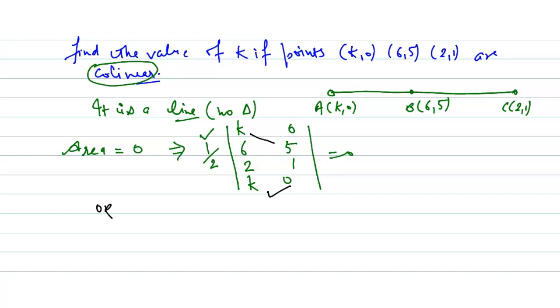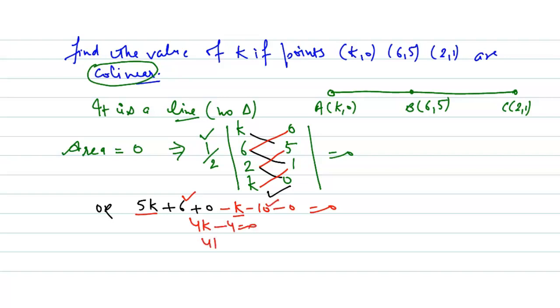Firstly, the downside pair. Their product becomes 5K plus 6 plus 0, minus the upside pair. If you see here, the upside pair becomes first, second, third. So the first pair value becomes minus K, minus 10, minus 0. Answer should be 0. Here these are two like terms, the answer becomes 4K. These two are numbers, their solution becomes minus 4.